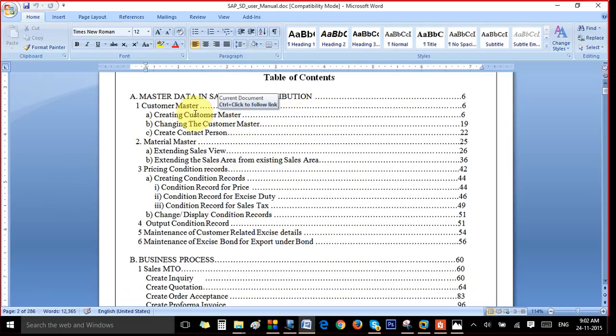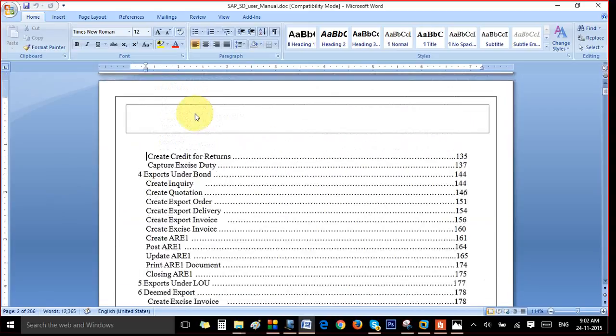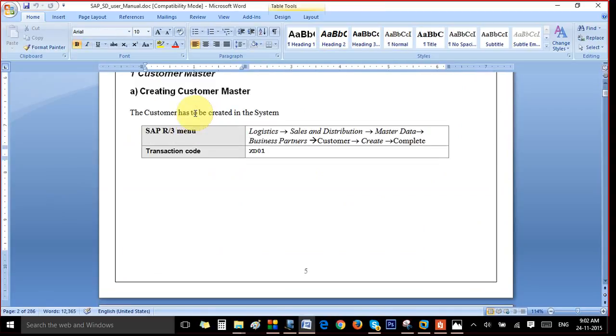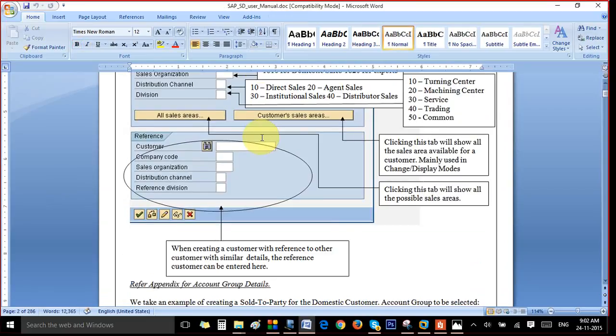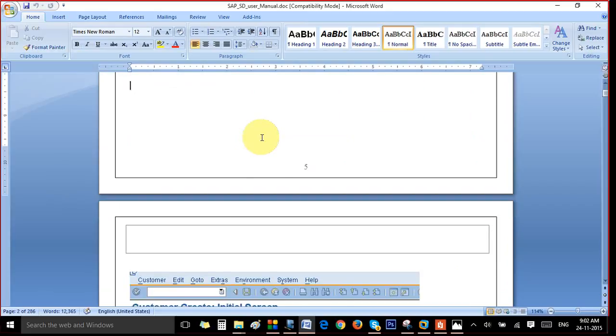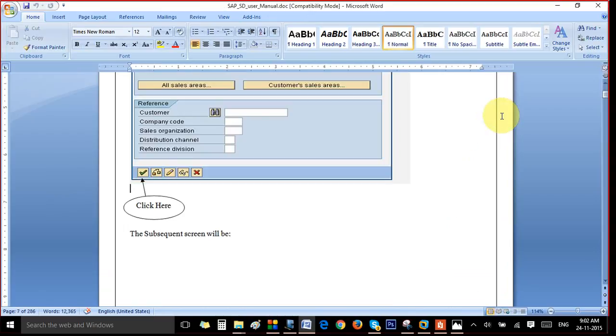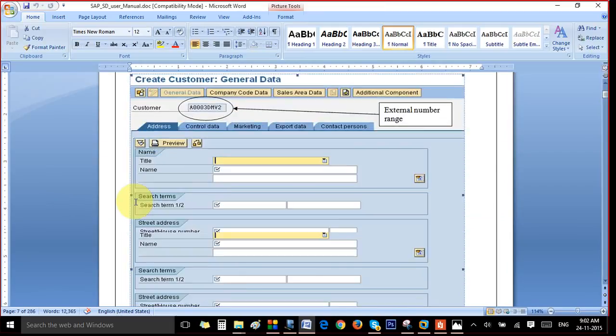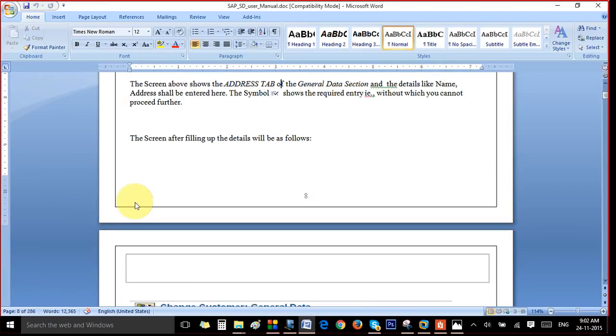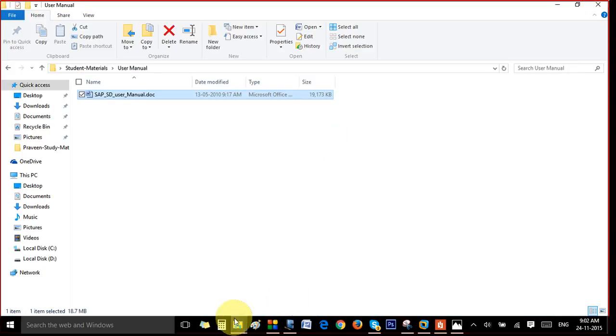Suppose, say, customer master: we will list the transaction code, path and screenshots. See, the transaction code is this and the menu path is this to create a customer. If I enter that, I will get this screen. We will explain what every field is, the important fields, and then what they need to click. This is the user manual document where end users would be working. And at the same time,